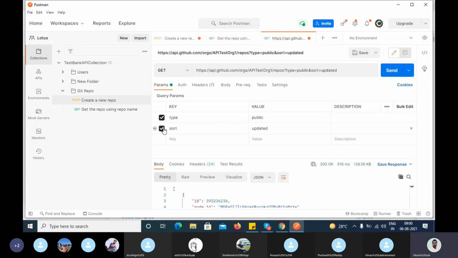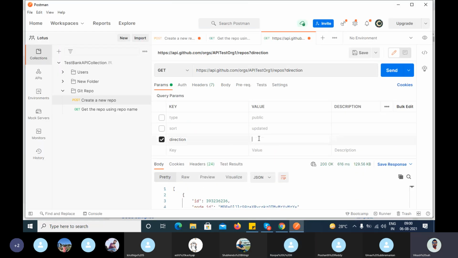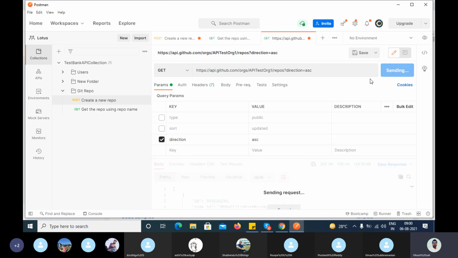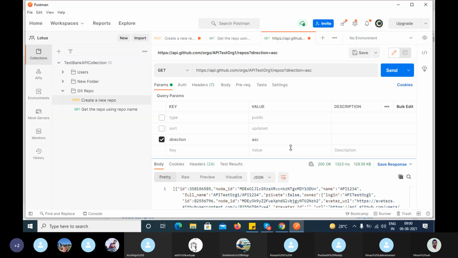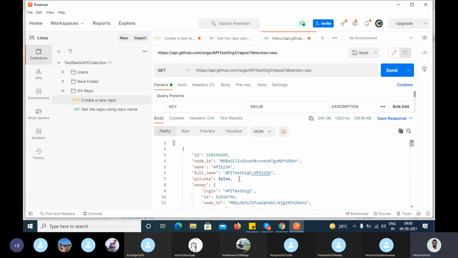Okay, let me remove the other property and apply only this one. What value you have to pass in real time, they will also provide. Ascending or descending, ASC or DSC? I will go with ASC and try to filter out the data. Let's look into the data. You can see here API test 1, 2, 3, 4 at the top. When I go down,